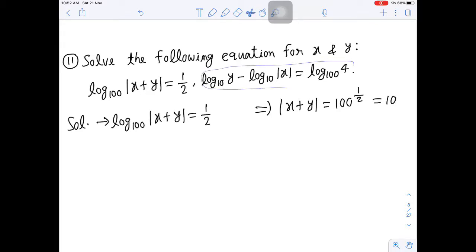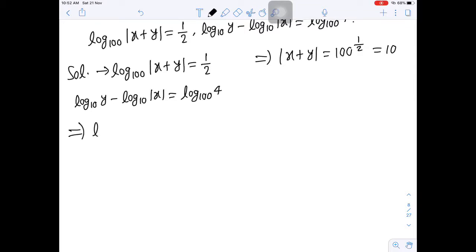Okay, then if you observe this equation, you will get log base 10 and you will get y by absolute value of x, and that would be equal to log 4 base 100. 100 can be written as 10 square. So if you apply the rule of log, as I have told earlier also in some question, if the base has some power 2, that will divide, or outside you have to write 1 by 2. So it will become 1 by 2 log,